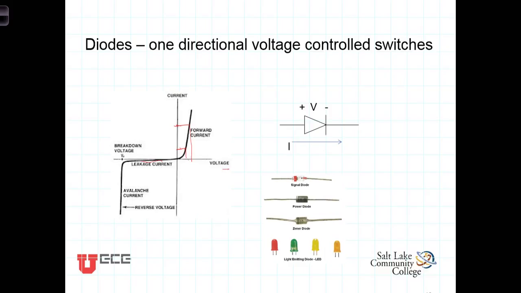But for our interest in this class, we're going to be talking about moving the diode from an off position into its forward bias and seeing what happens when current is allowed to flow. We've already talked about the symbol here. There are a number of different types of diodes that we'll be using in electronic circuits, including LEDs. And those are kind of fun because LEDs, of course, glow when they're in the forward bias and allowing